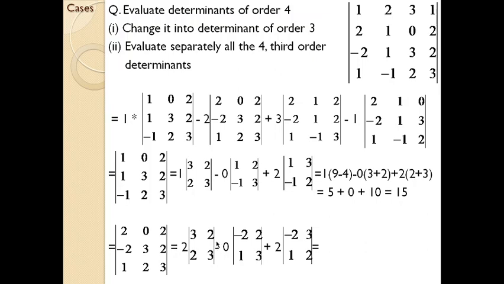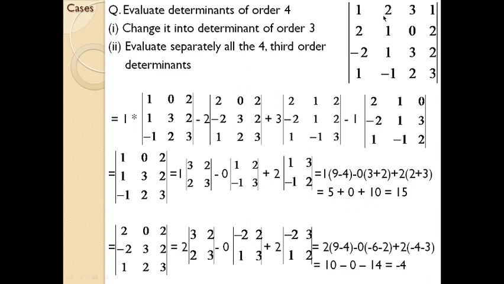I hope you know how to find these numbers. If you have any doubts, just go through the previous step which we have dealt, or if you still have doubts that need to be clarified, go to the previous module or previous session in which we have dealt with the example in detail. So by computing this, you will get 2 into 3 into 3, 9 minus 4 minus 0 into minus 6 minus 2 plus 2 into the numbers within the bracket. By solving that, you will get minus 4.